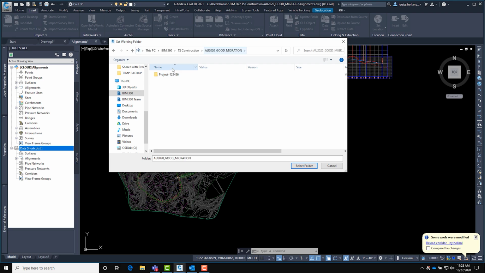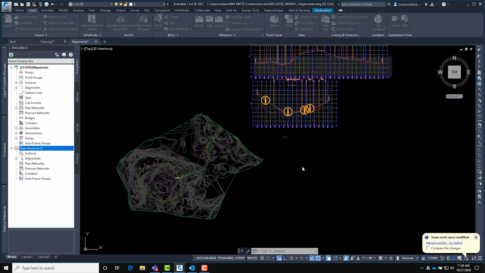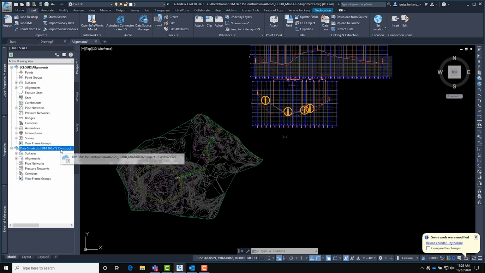And actually, that's all I want to be. I want to select this project 1, 2, 3, 4, 5, 6. And if everything has migrated correctly, those XML files that were in the original folders should plug right back in, and no need to repath anything with regards to the data shortcuts. The big thing is, if you've got a project in BIM 360, that data shortcut path needs to point to the same folder. So we're all good.